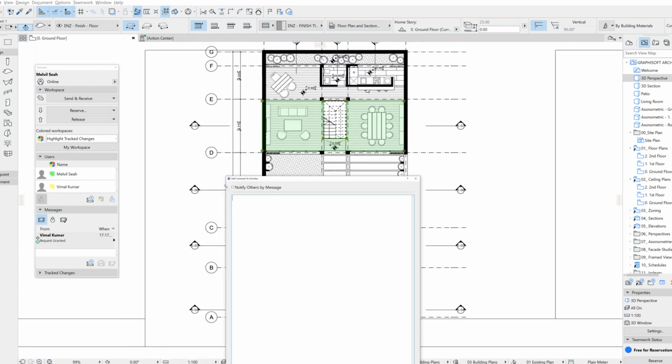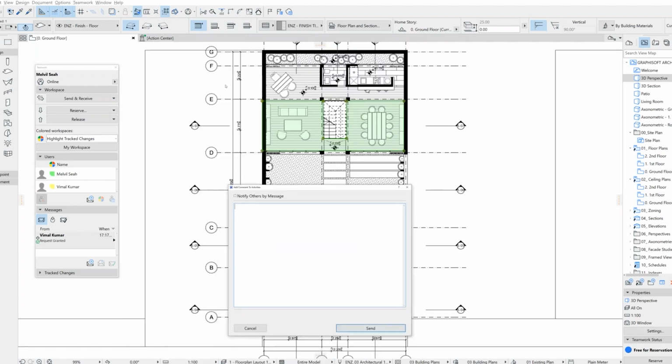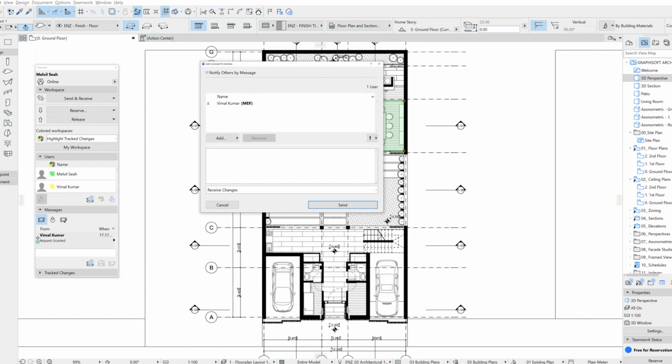And in this dialog box, I can notify others by message. So I'll be sending to Vimao, and I can put in a message saying, hi Vimao, I have made the necessary changes.